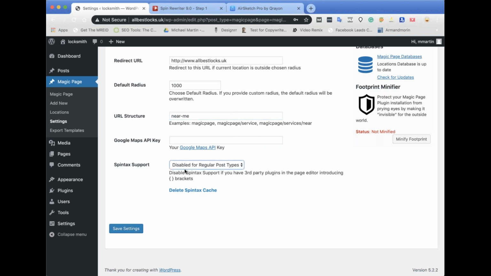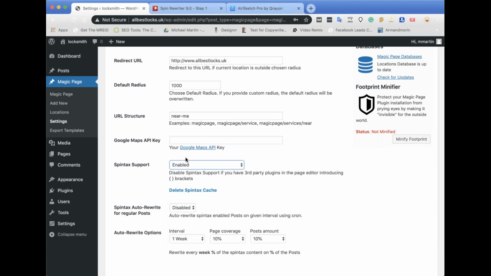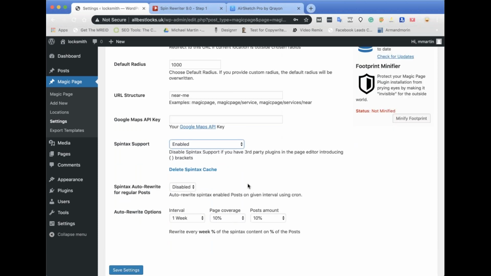So automatically we disable for regular post types, which is basically you post on your pages, and we enable spin text only on the magic page. But you've got the option here to disable it everywhere, which will just turn it off. Or alternatively, you can click enable, and then what will happen is spin text will become enabled throughout the whole website. Now, you've got controls inside of the magic page for this bit down the bottom here, but if you've got it enabled and you want to auto rewrite the spin text throughout the website, if you click on here,